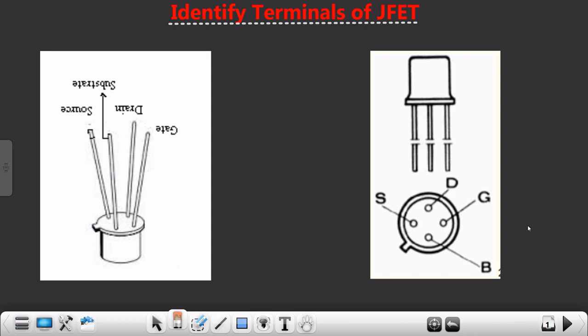Okay, so for that we need to first understand how exactly JFET looks. So you can clearly see this is how a JFET looks. Okay, this is how a JFET looks. So I will show you in the next video, in the real world scenario, how to identify the